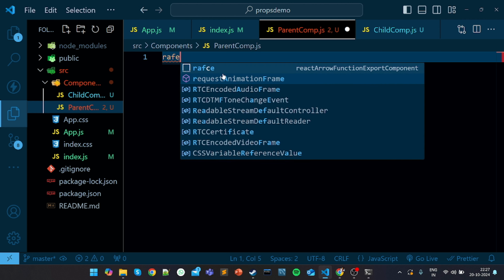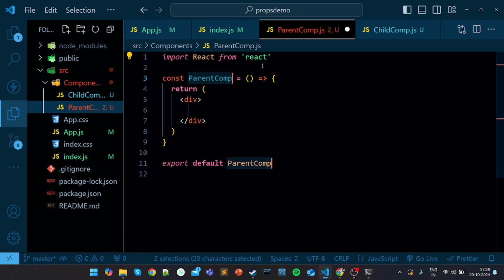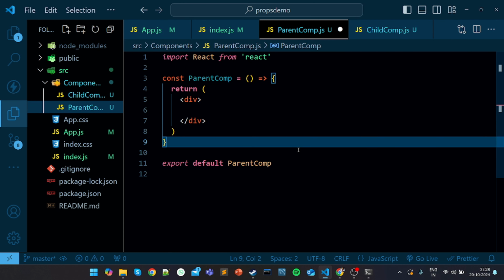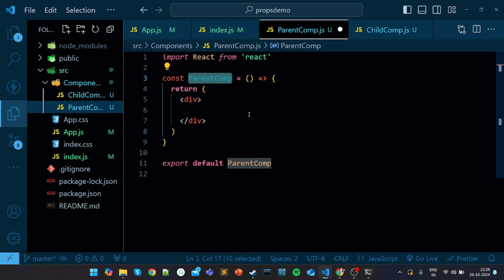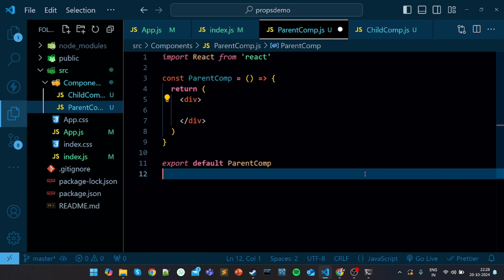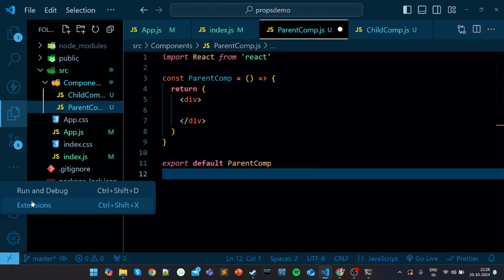and I'm typing RAFCE. This is an extension, guys. This is an ES7 extension, which helps to write the boilerplate code. It gives the entire boilerplate code for creating a functional component. I could type this manually. It is nothing but a simple arrow function returning some JSX. That's it. If you want to create this kind of shortcuts, simply go to the extensions,